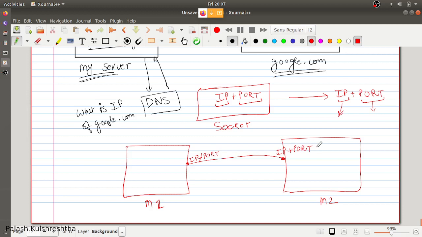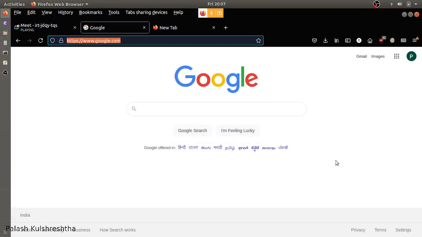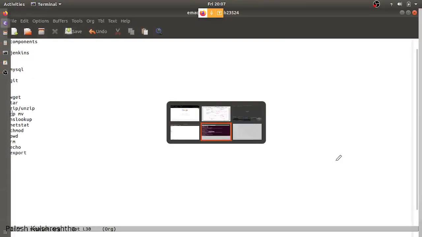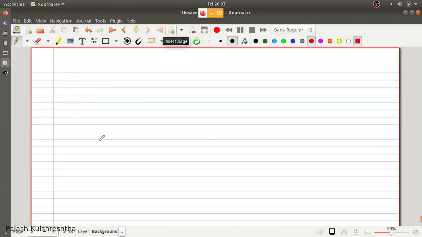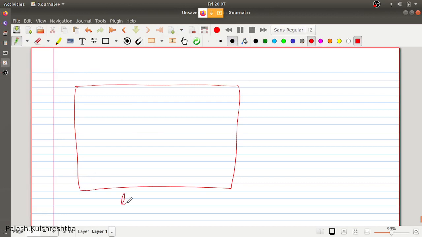In case of standard communication like HTTP or HTTPS, the ports are standard listening ports. So when I am opening google.com in my browser, the machine is my local system, my local laptop.